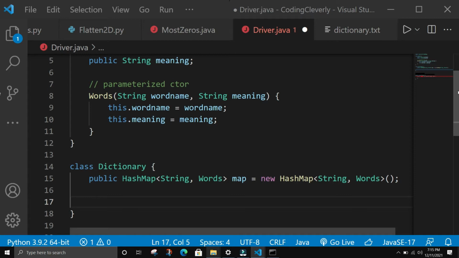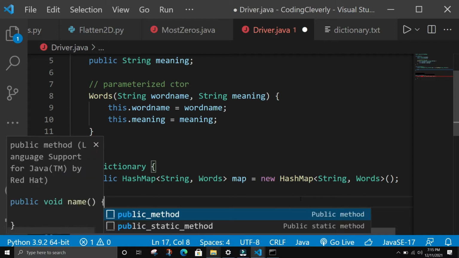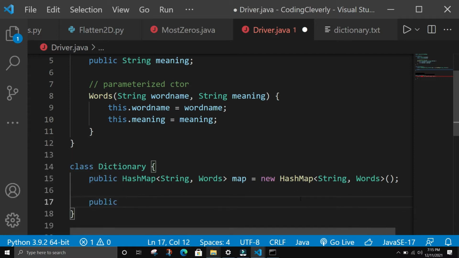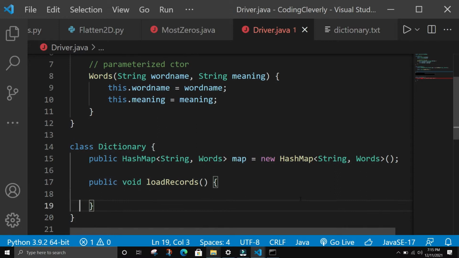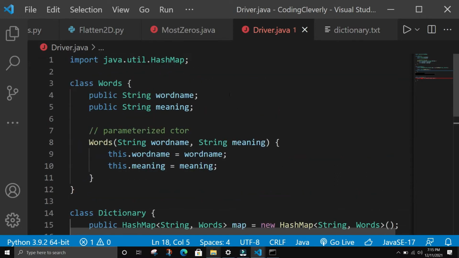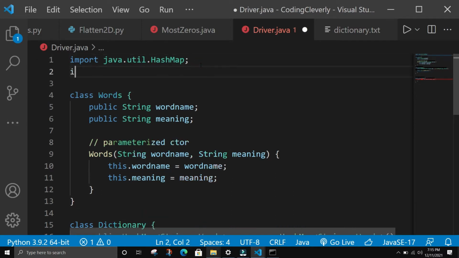And then in the findWord, first of all, let's do this first one, which is loadRecords. So I'm going to create a method, and I'm going to create it publicly. So I'm going to say public void loadRecords. And we're going to have loadRecords, and this is the function, and there it is. So we're going to create a mechanism here. So before all of that, I actually need to include one more thing, which is called import